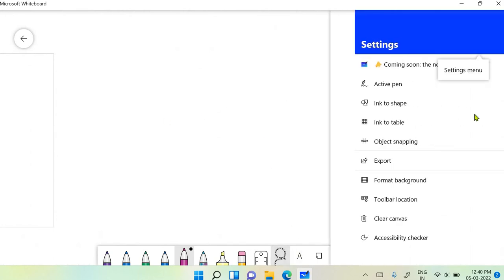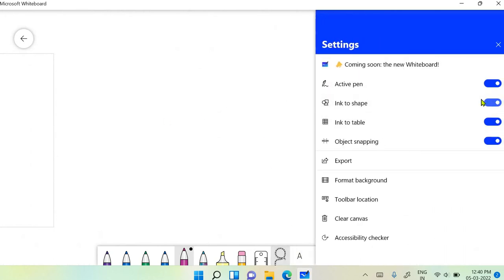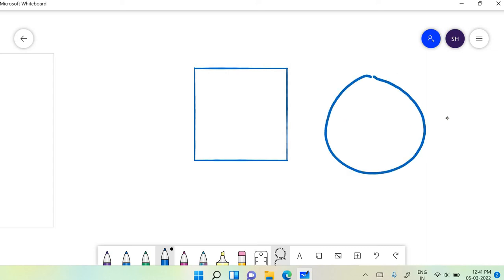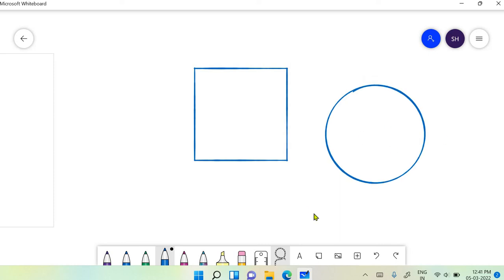So if this option is on, we can convert ink to shape. Suppose I am drawing a square, it will be converted to a proper square. Suppose I am drawing a circle, it would be converted to a proper circle. Suppose I am drawing a rhombus or any other shape, it will be converted to the perfect shape